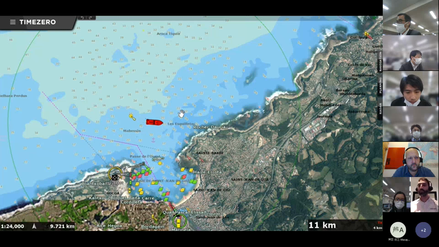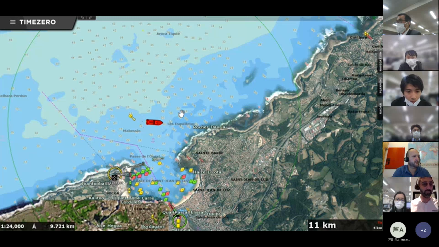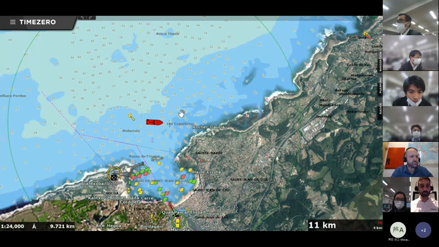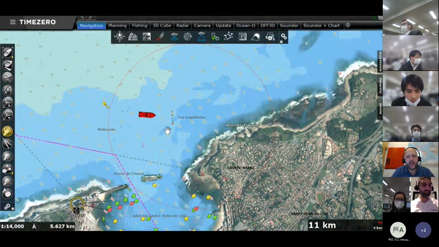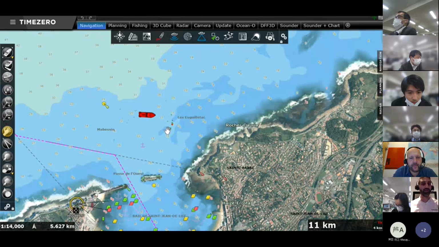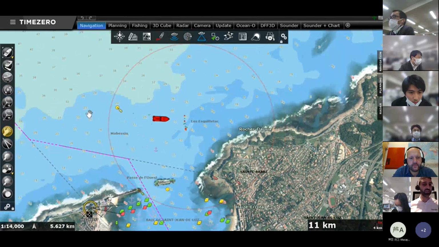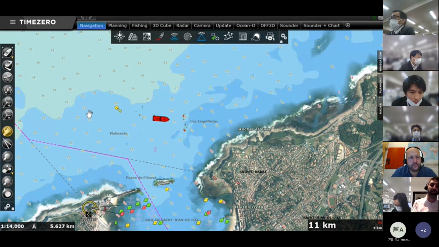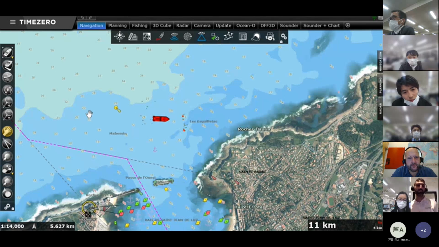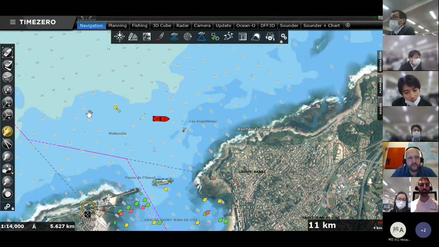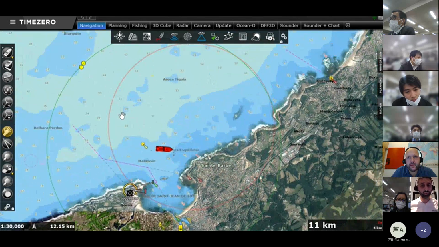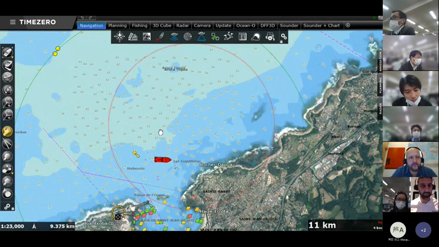For fishermen, the most important thing is their data when you speak to them. TimeZero makes it very easy to manage the data. I would like to introduce two simple concepts: layer management and filter management in TimeZero. Allow me to do a small demo to introduce those two concepts.